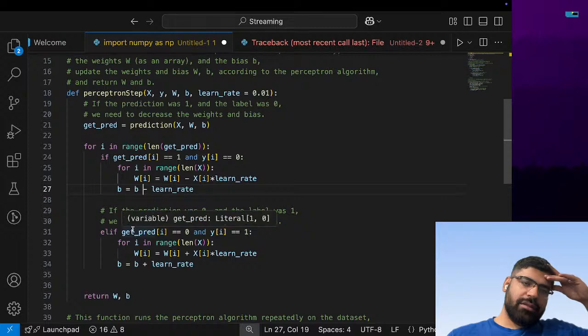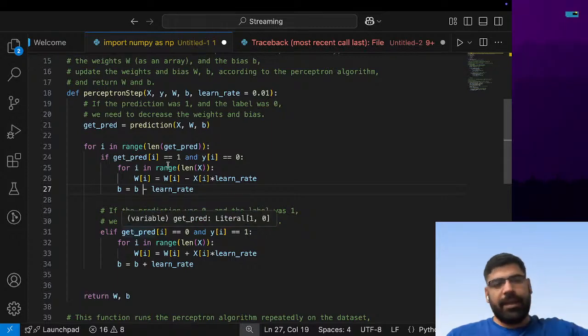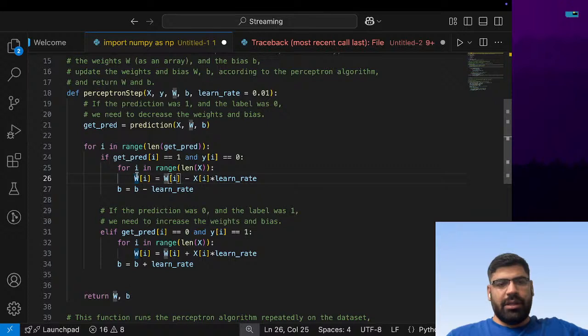If this is get prediction, it is the weight, if the weight is doing this,